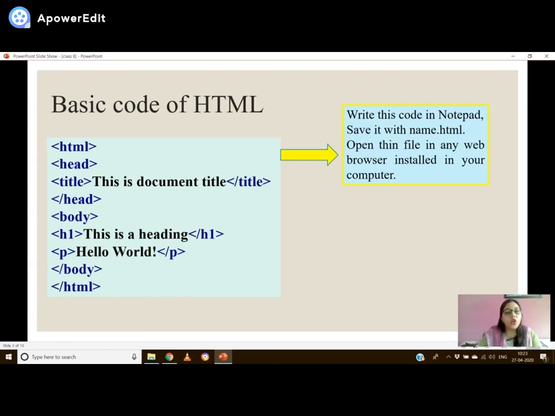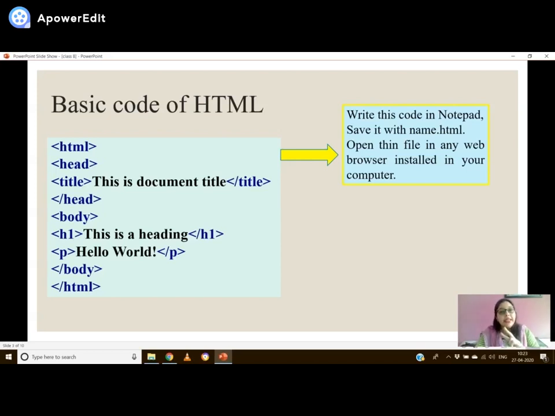Now let me tell you what angular brackets are. You might have used the small angles, greater than and smaller than, in your maths. So the same thing is here also. When we are using one less than and one greater than, both angular brackets, in the starting and the ending, and we are enclosing some text within it, that is known as a tag in HTML. So let us start with HTML.